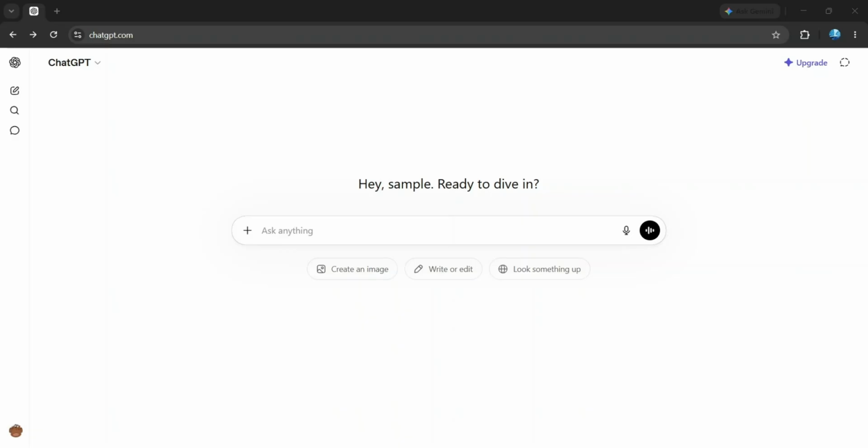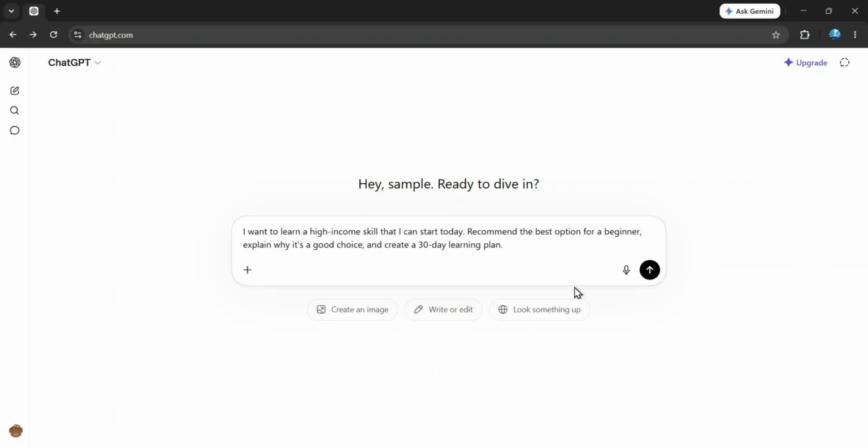I click into the main search bar at the center of the screen and type out a detailed prompt asking for recommendations on a high-income skill, like writing, and a 30-day learning plan. Once the text is fully typed, I click the up arrow icon on the right side of the bar to